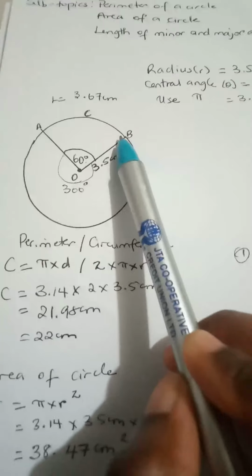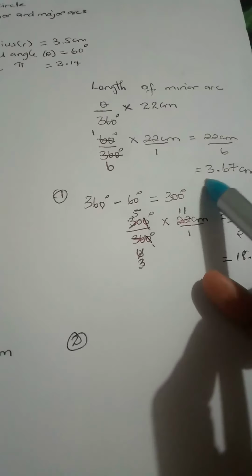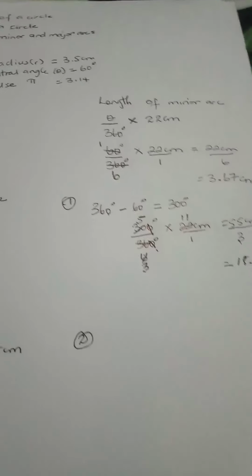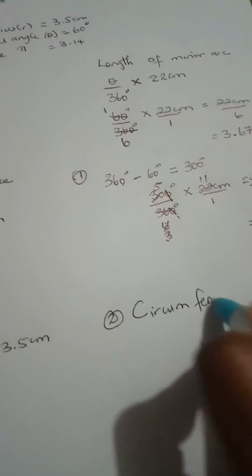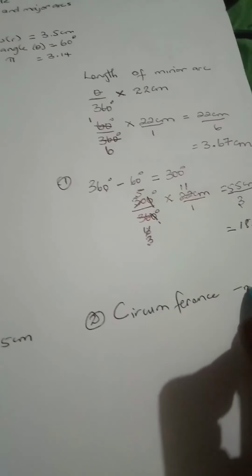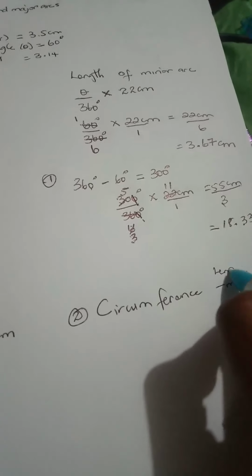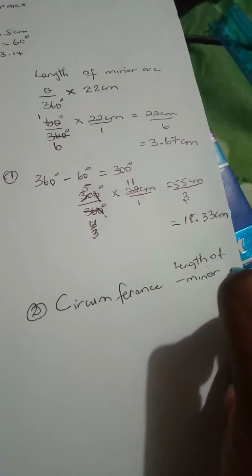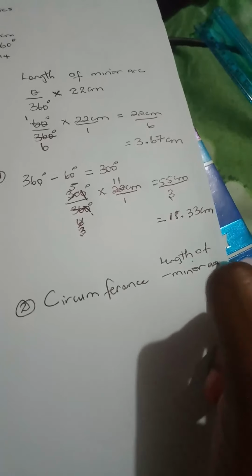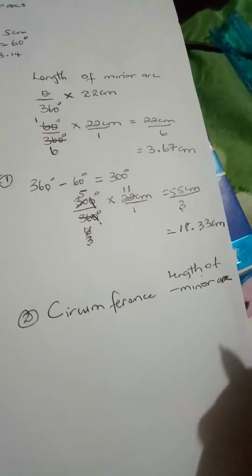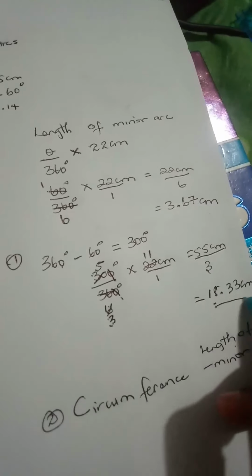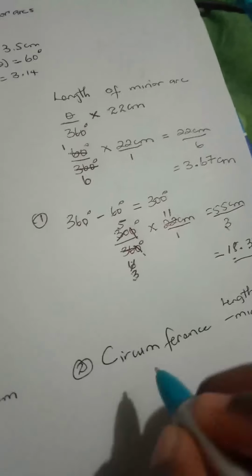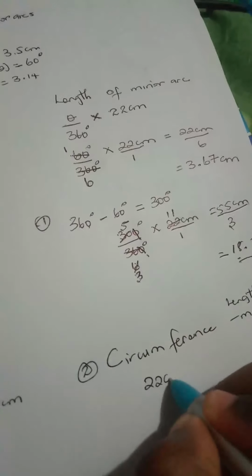So if the smaller portion is proportional to 3.67 centimeters, and we subtract the length of the minor arc from the circumference, we should get the same thing as 18.33 centimeters here. So we would have 22 centimeters